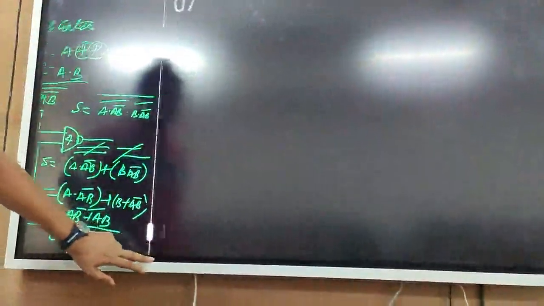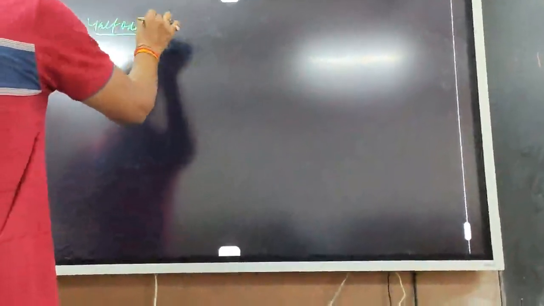Here one more thing is that suppose you have to design this half adder by using NOR gate, then also you can do.